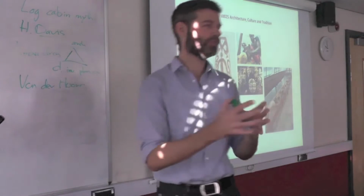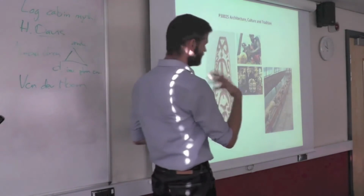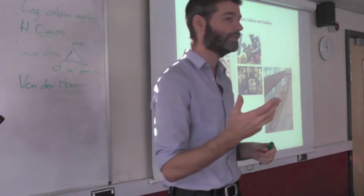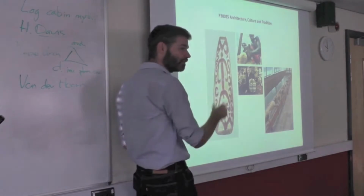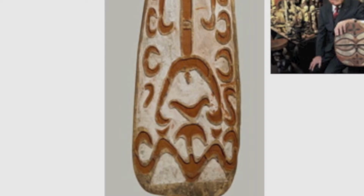This is the production side of Asmat art. The reason why I'm talking about it is because traditionally, well, up into the 1980s, people writing about it would say this is where the meaning of the object is associated. So what is the meaning of this Asmat shield? It's a shield used in headhunting